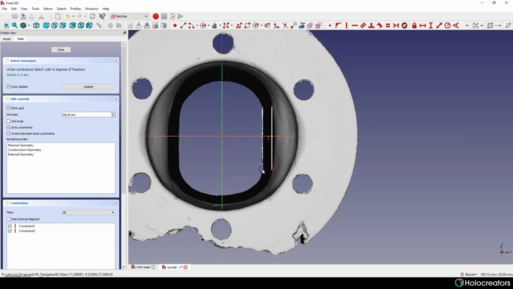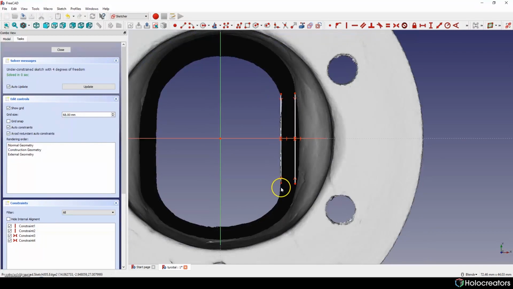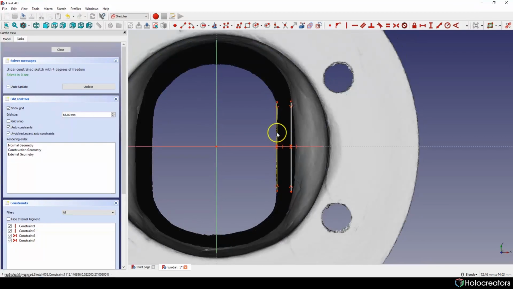I'm choosing two points and our symmetry line, and I want this point to be in same distance from the x-axis, and I'm gonna do the same thing for this one. So it looks perfect.